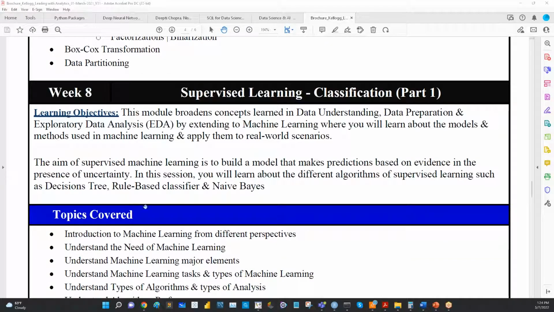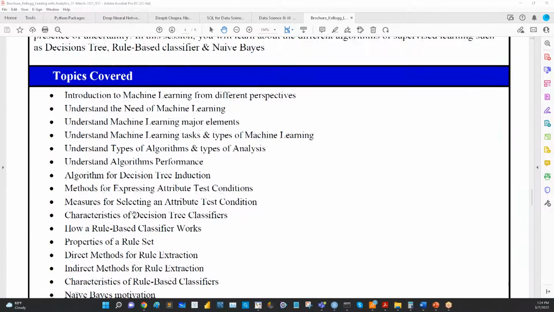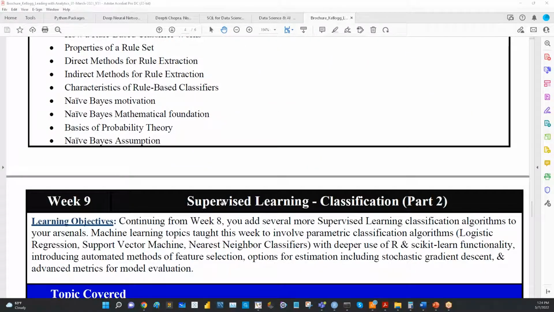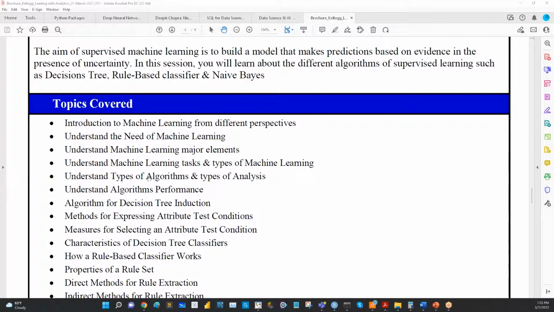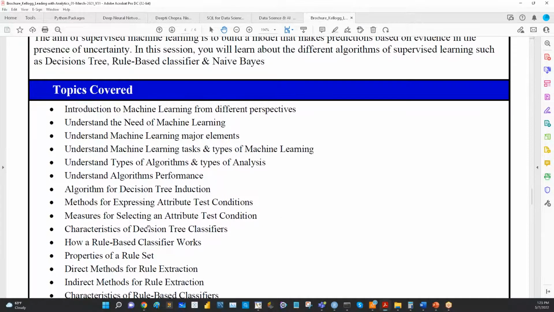And we were supposed to complete supervised learning, but we are going to go back to week number 8, and we are going to complete decision tree classifier. So we are going to do decision tree, and we are going to learn the math behind it, or how